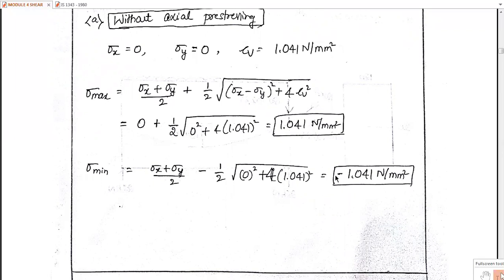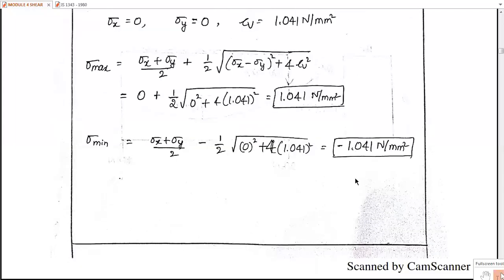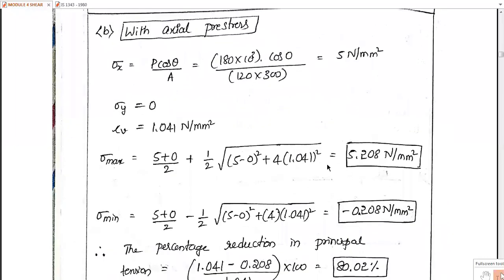This negative value indicates it is a tensile stress. Yes, it is a tensile stress. Here we got the positive stress, that is compressive stress, that is shear stress. Here we got the negative stress, means major principal stress will be positive and the minor principal as negative. We got it here. Now with the pre-stressing we shall concentrate, that is shear stress, minor principal tension with the